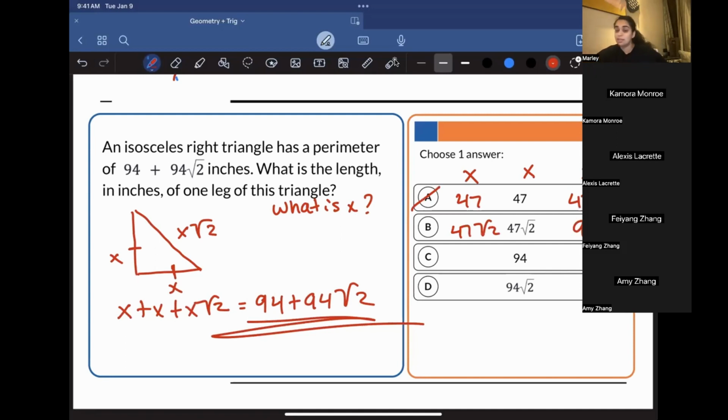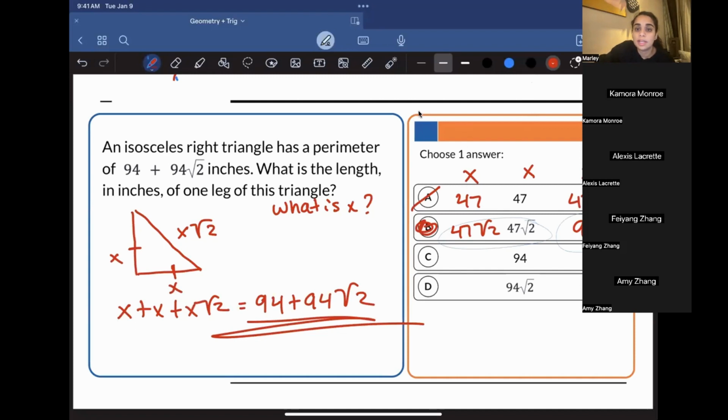Answer choice B, as gross as it looks, is 94 plus 94 root 2. And so it's actually answer choice B. Okay, it's answer choice B, but just for the sake of solving them all out,